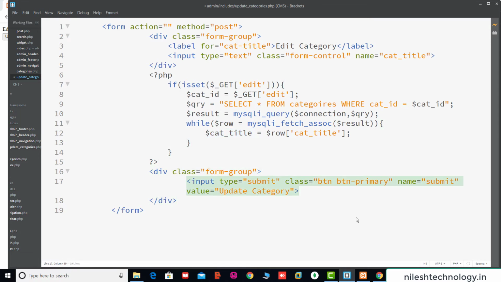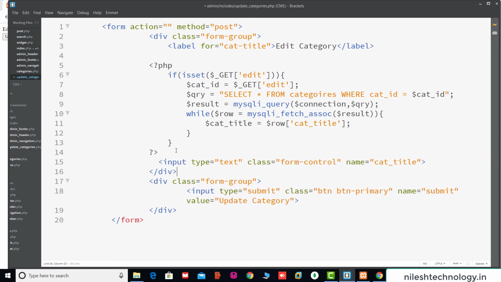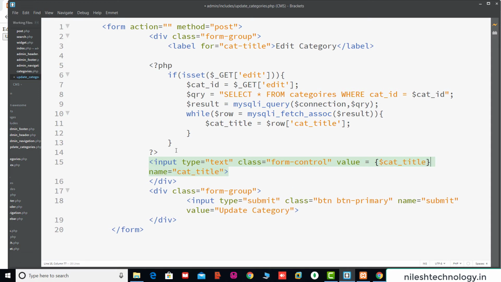So here this is the primary button, this is the label, and this is the input type text. So we move this code, Control X, after this script, okay, and here we set the value equal to $cat_title in single quotes.